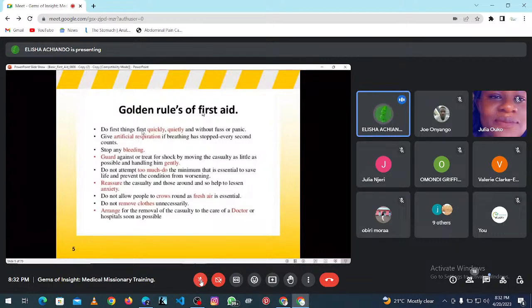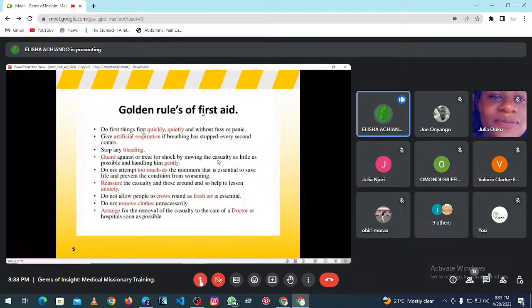Let me give an example. You reach an accident site, and there are three categories of victims. There are people who are making noise. There are people who are just calm, like even they're dead, but they're not. Then there's this last group who are just conscious, but wametulia tu, and they can see, they can hear, they can do all that. So which group should you start from? Yeah. So first things first. We'll be able to talk about that in a few.